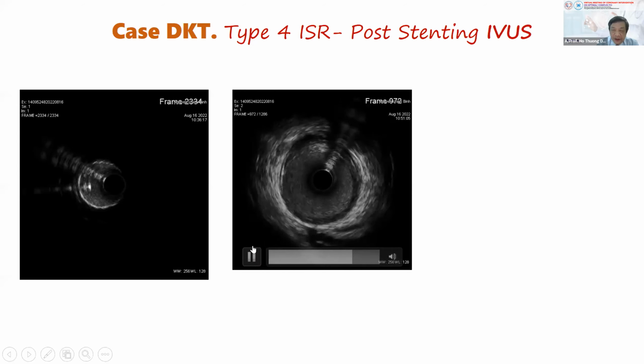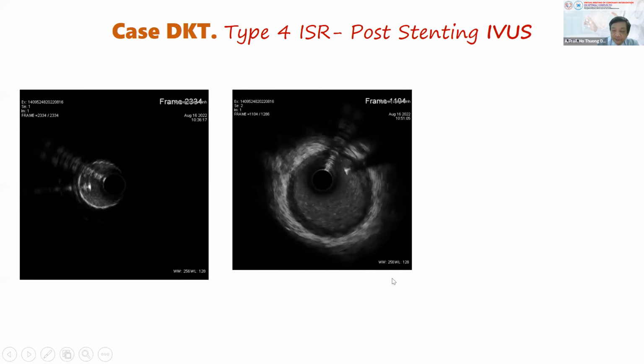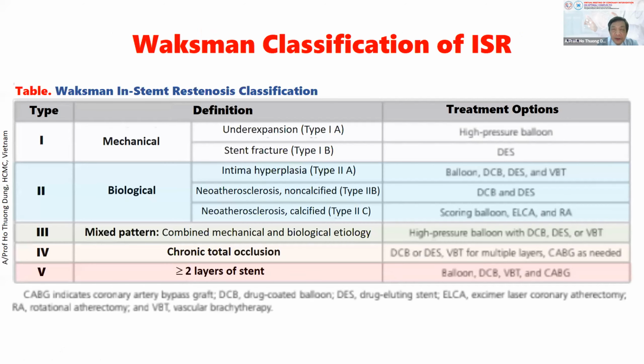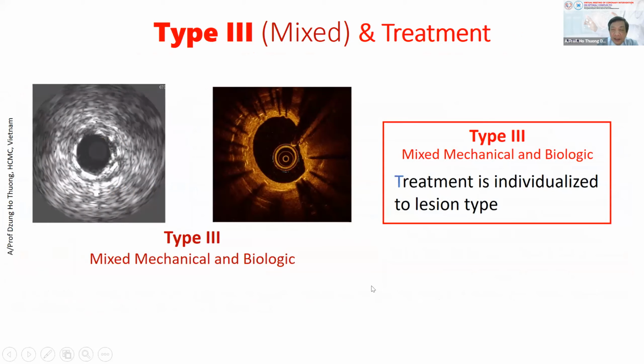So I drew this two-bifurcation left main. And according to the Waksman classification of in-stent stenosis, this case belongs to type 3, a mixed pattern combining mechanical and biological etiology. And how can we treat